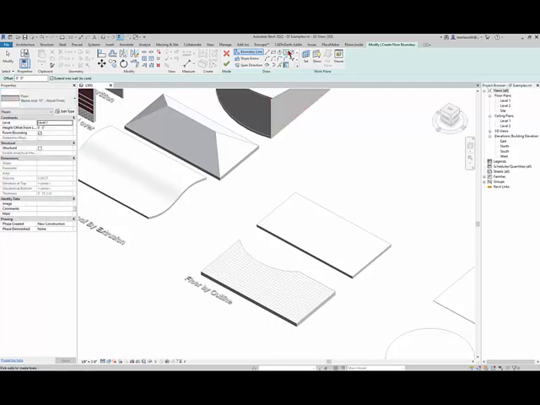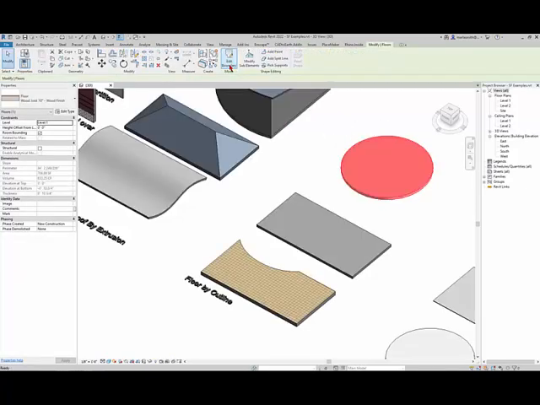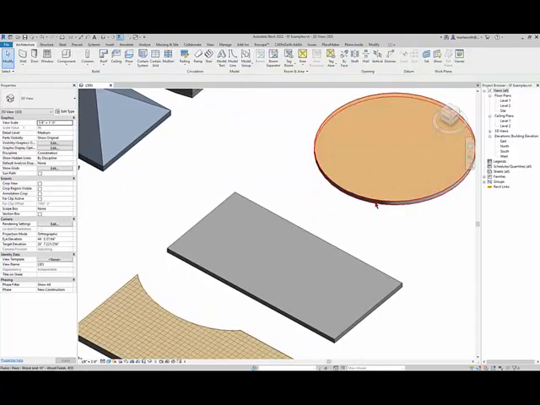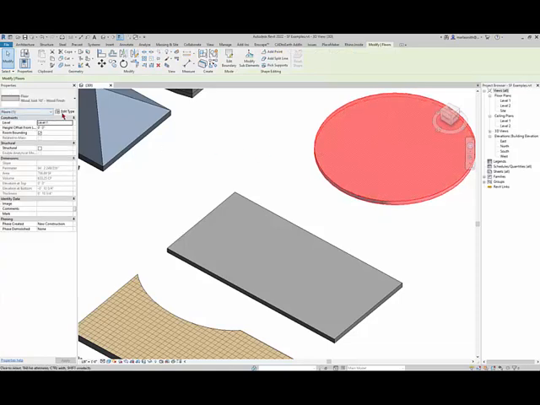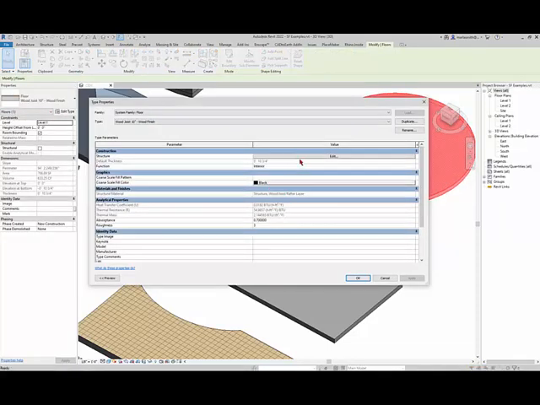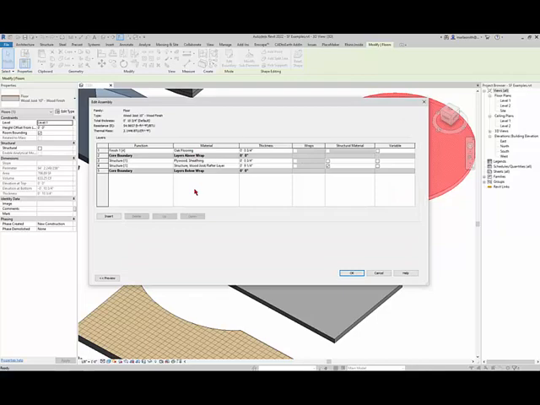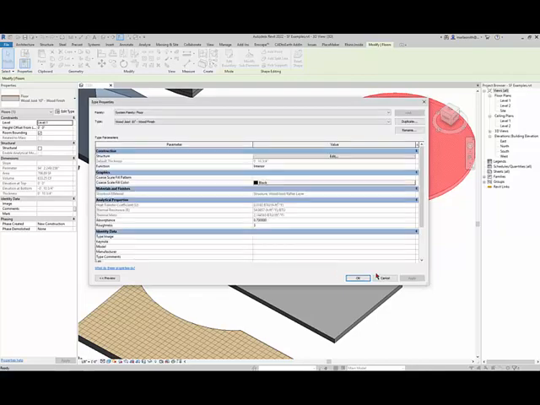And then what it wants me to do is make a closed shape. So it wants to pick walls right now. There's a pick line, there's a rectangle, there's a line command. So if I wanted to do a circular floor, I could come in and just do a circle here, right? And it's going to draw an outline, and then when I hit check, it's going to create that floor based on that outline. So it's basically an extrusion that has layers. When I go to Edit Type, it will show you under the structure those layers, just like the wall, right? And then